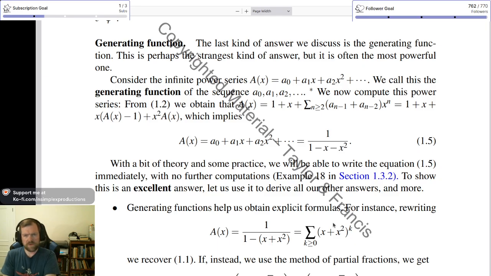Consider the infinite power series A(x) = a_0 + a_1 x + a_2 x squared, etc. We call this the generating function of the sequence a_0, a_1, a_2, etc. We now compute this power series. From 1.2, we obtain that A(x) is equal to 1 plus x plus the sum, as n is greater than or equal to 2, of (a_(n-1) + a_(n-2)) times x to the n